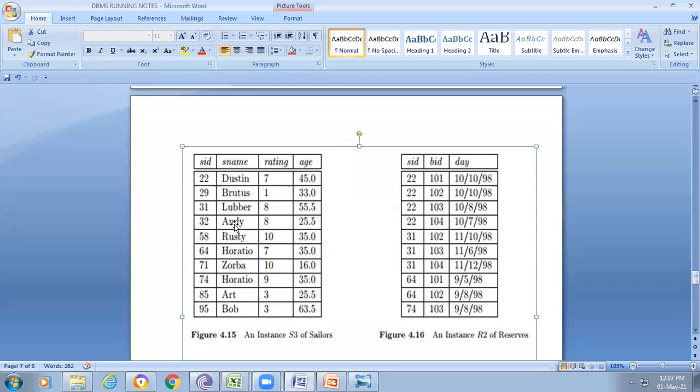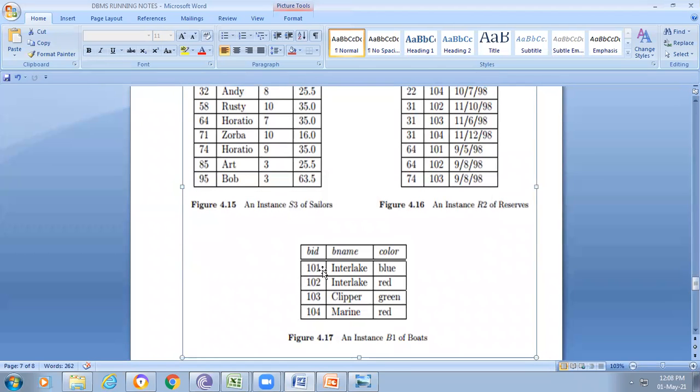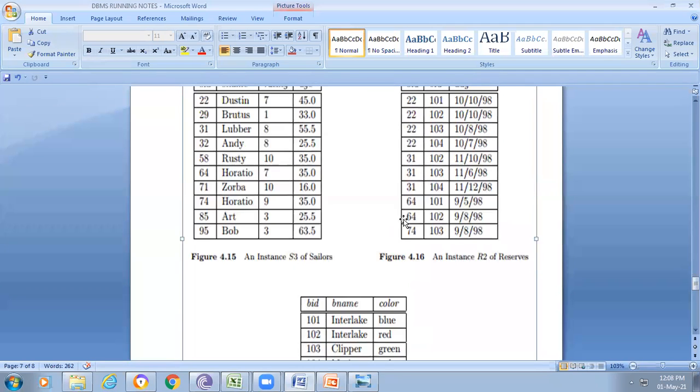So how do you create the tables? Can anyone unmute? I will give the chance to talk now. Try to tell me how we create these tables. I already said that SID is the primary key for the sailors table, and BID is the primary key for the boats table. Why? Because if you observe, 22 is a primary key, then no other 22 is there. In the same way, 101 is the primary key and there is no other 101. So here we simply create these two tables.